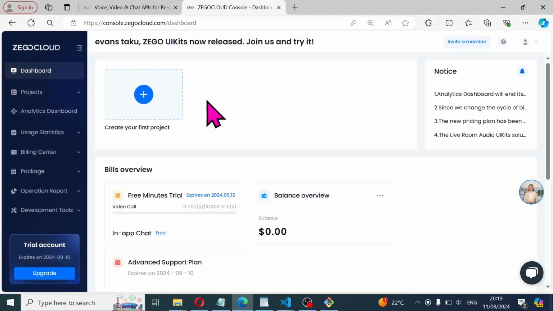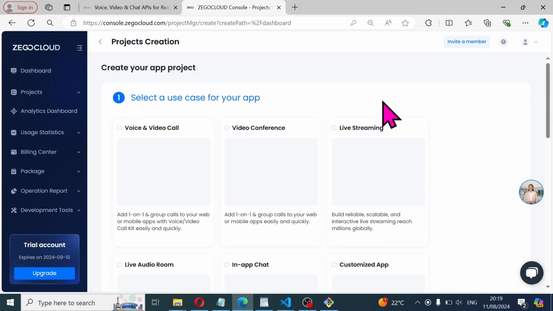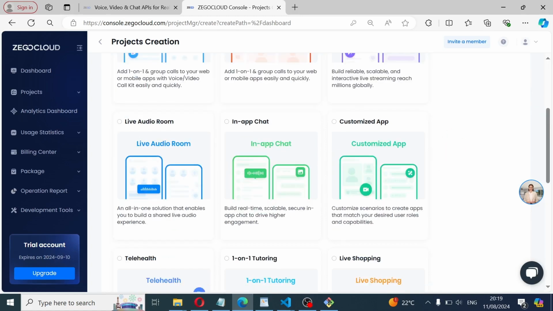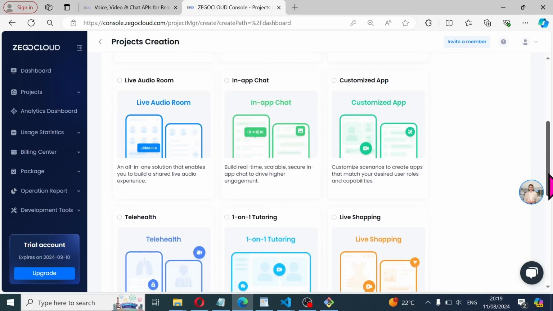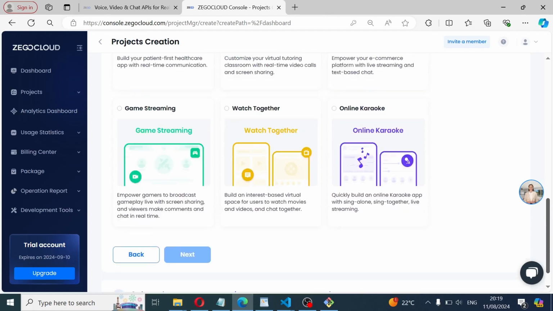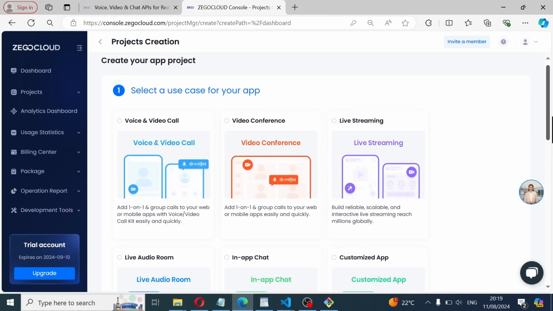Now you need to create your first project. Click on this icon, create your first project, and then what kind of project do you want to create? Is it voice and video call, video conference, live stream, live audio room, in-app chat, customized app, telehealth, one-on-one tutoring, live shopping, whatever you want to create. So I'll just go with video conference, this,